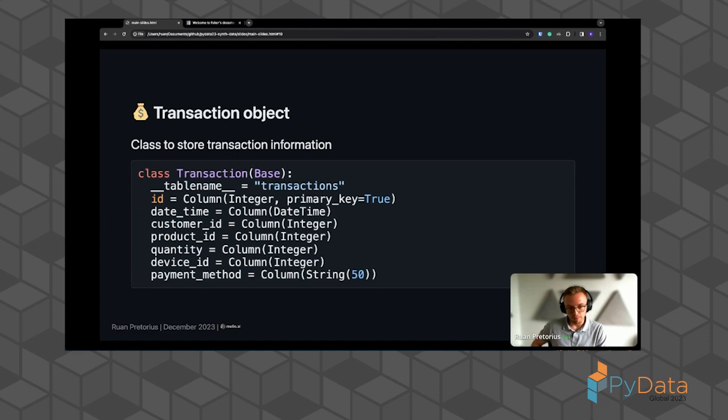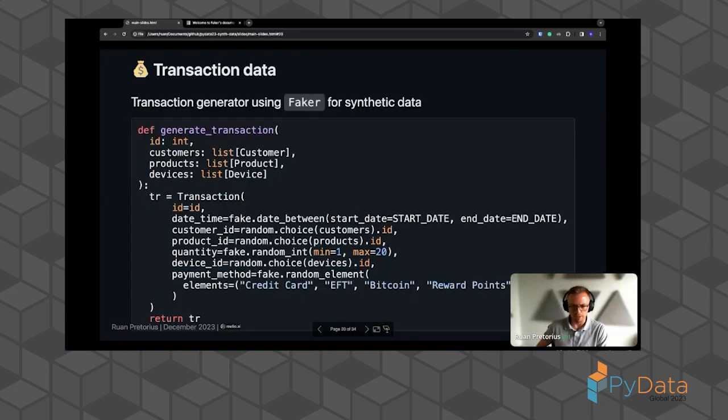So finally, we'll have our transaction class, which will store the date of an interaction as well as the customer ID and the product ID which they interacted with. Then we can keep track of the quantity and the device that they used, as well as a payment method. So I think the only new things here are now, instead of just passing an ID for the transaction,